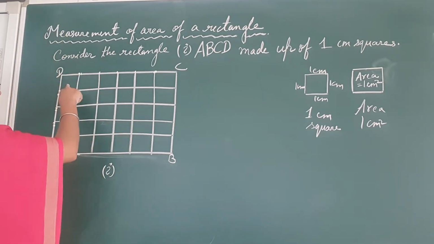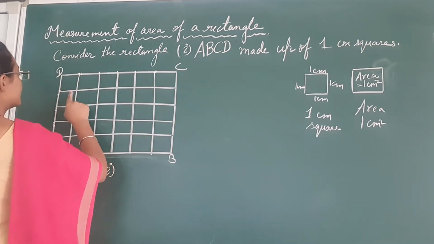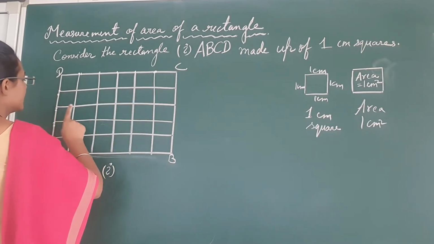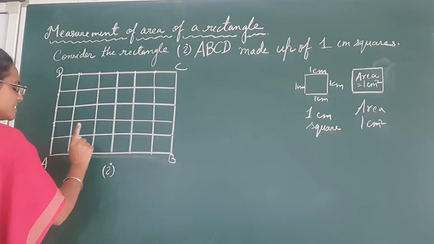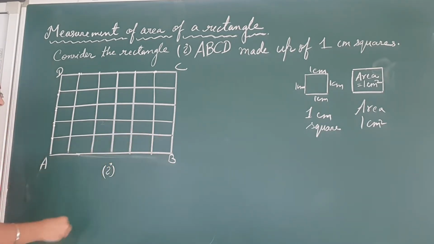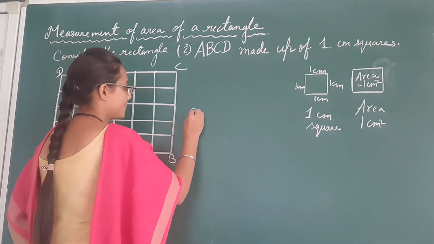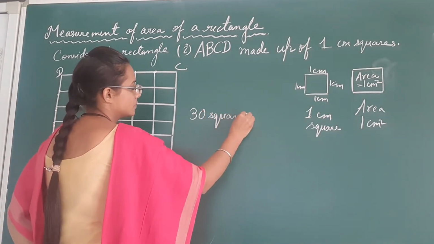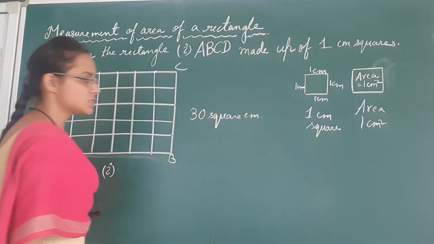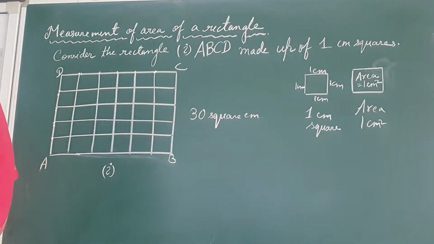How many are there? 1, 2, 3, 4, 5, 6, 7, 8, 9, 10, 11, 12, 13, 14, 15, 16, 17, 18, 19, 20, 21, 22, 23, 24, 25, 26, 27, 28, 29, 30. So there are 30 square centimeters. Okay, 30 square centimeters. So this you can write as,